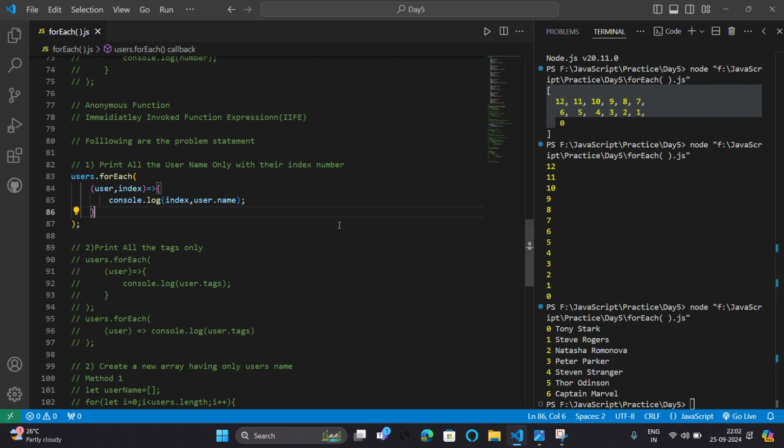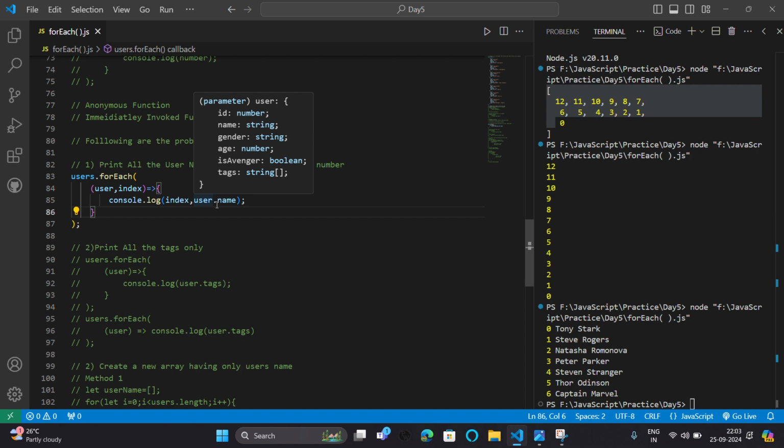So how do I do it? Here I pass two attributes in the function. One is user and the other one is index. User just prints user.name, which is users[i].name.